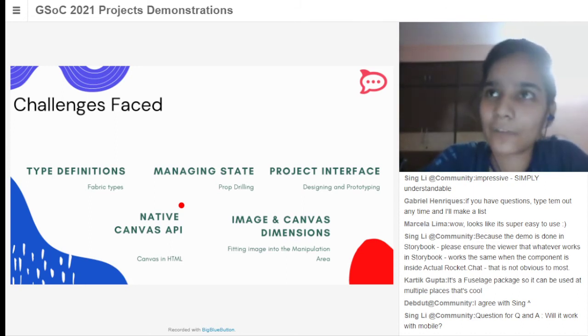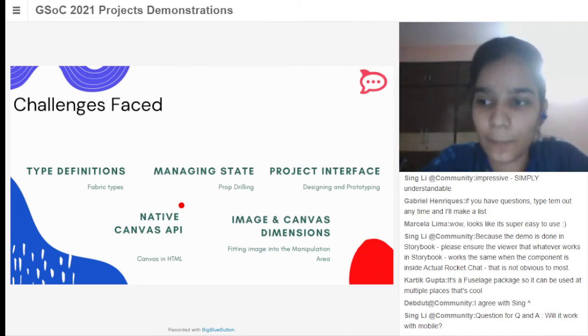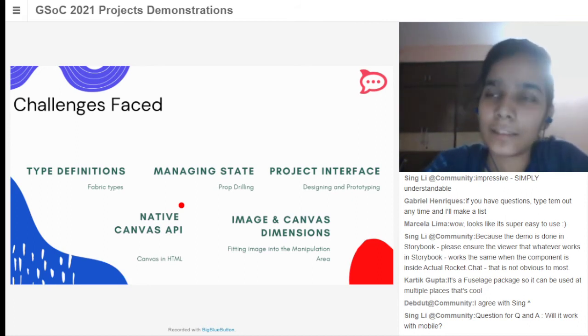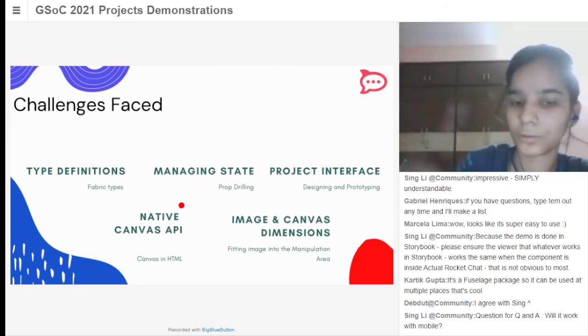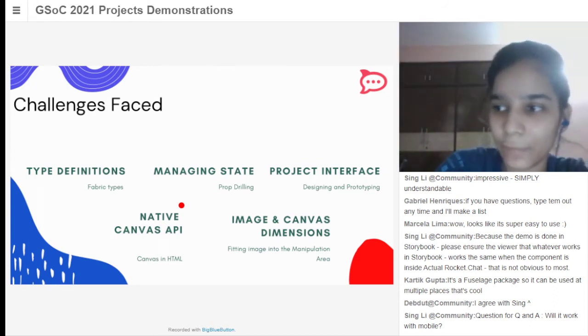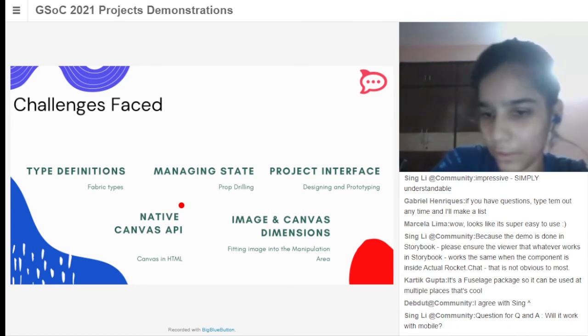Then we have another challenge, that is type definitions. You see that Fabric.js is written in the JavaScript language, but we were making this project in React and TypeScript. So getting the type definitions of Fabric functions was a challenge for me.